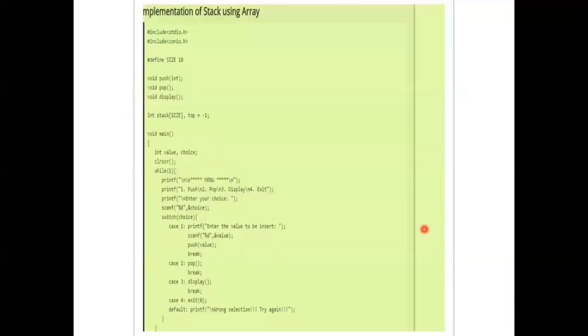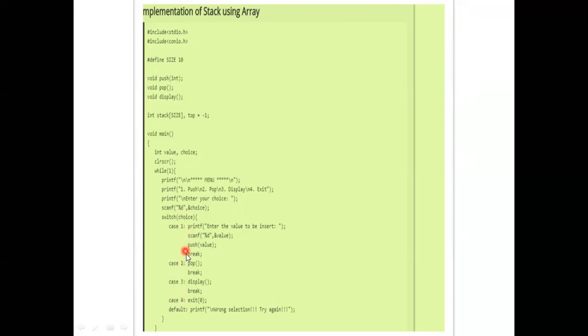The programming of stack is like this. Here we are using the array size of 10. We are using 3 operations: push, pop, display. Globally we declare the stack with the size and assign the top value -1. Here we are using one switch case. In the switch case we have 1, 2, 3, 4 choices.